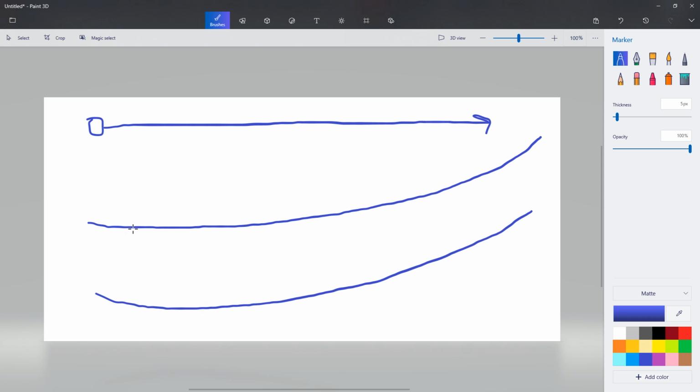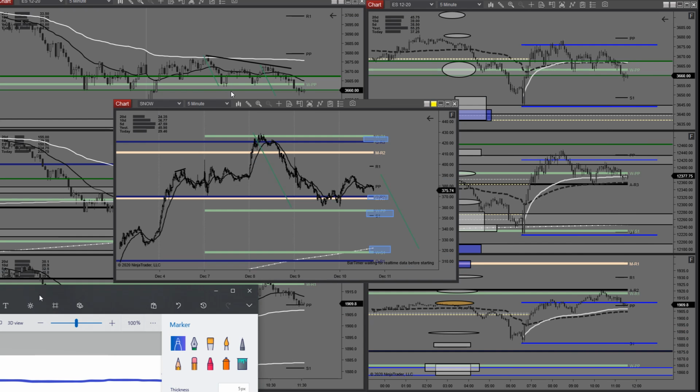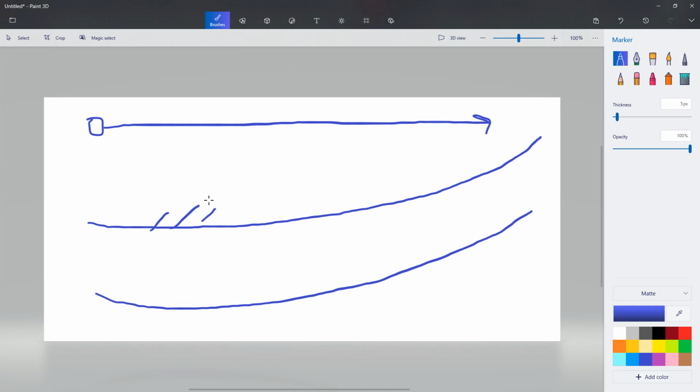Because each one of these counter signals that you have, in order for this ABCD in SNO to play out, you have to hold through a long signal that's just as good as the short you took, and then a reshort signal that's just as good as the short you took, and then a long signal that's just as good as the short you took. So you're not really trading the system anymore, because the system told you to get in here and chunk and chunk and chunk, and that's okay.